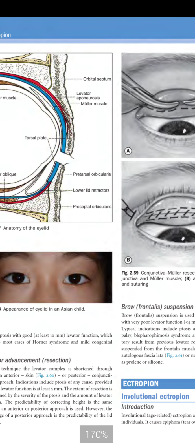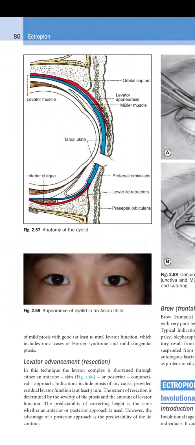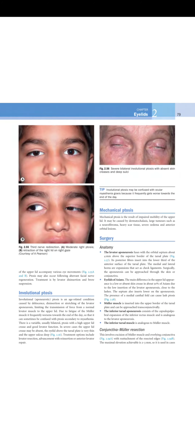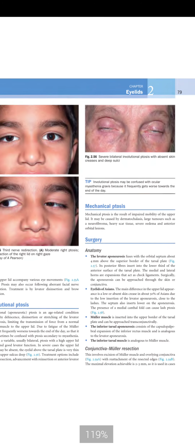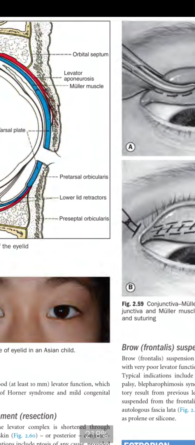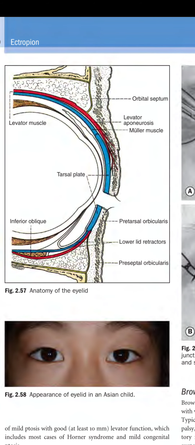So you can see this figure here, and it is showing us the levator aponeurosis. So these red fibers are the levator aponeurosis. You can see that it attaches to the orbital septum about the superior border of the